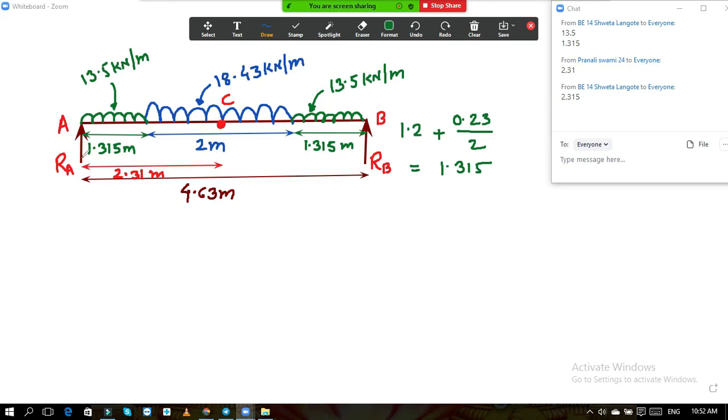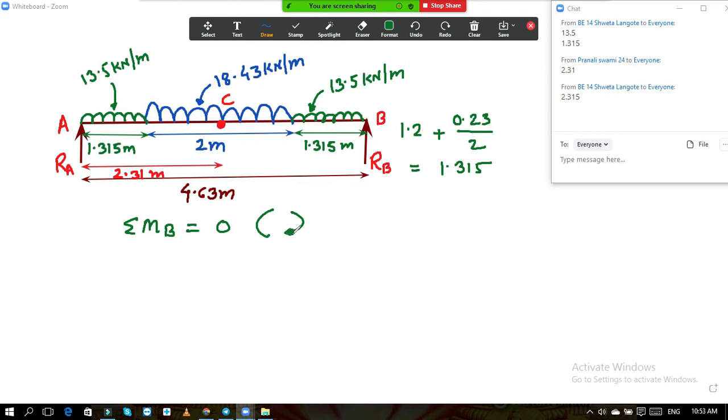So we will calculate RA, we will not go for RB, and we will consider the left hand side equilibrium, and we will get the maximum bending moment. So there is no need to solve the whole problem. That is why I will take the moment of all the forces, summation M about B equal to 0.